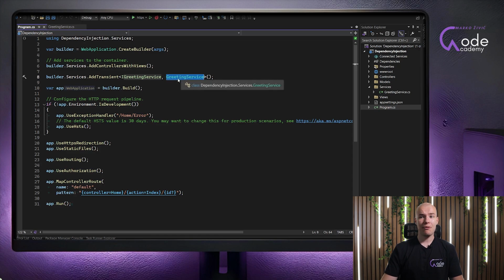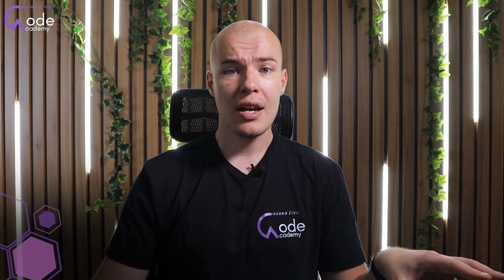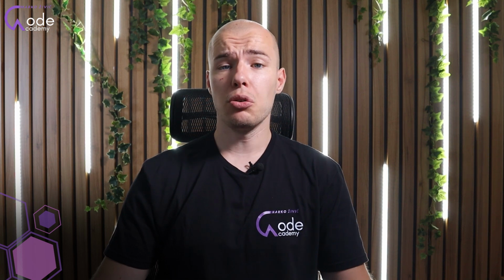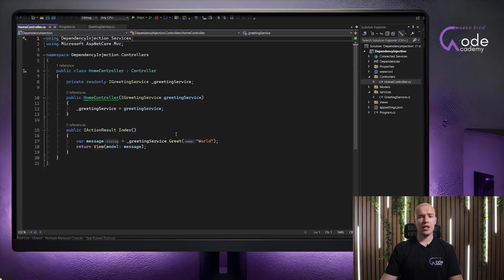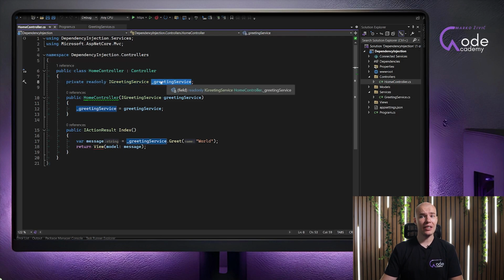And whatever you specify here, as long as it inherits from the IGreetingService interface, you can use as a concrete implementation for this instance. So let us jump to our controller and I'll show you how it works. And here we are in our first controller ever. So we have created a private read-only field which is going to be called greetingService, and its type is the interface IGreetingService. Then how we're going to populate this field right here with an actual value is by utilizing our